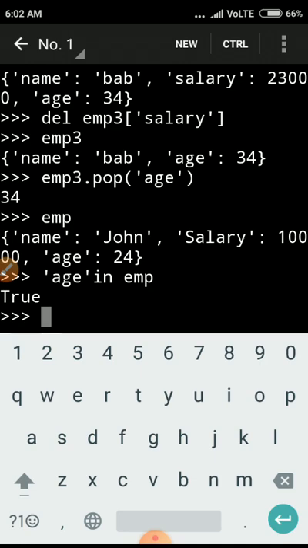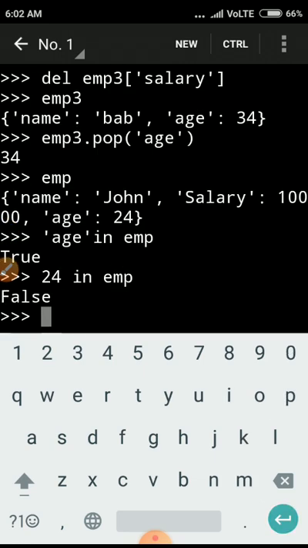If I want to search for an element with the help of a value, it will not work. Let's check. Suppose I want to find out 24 in EMP. It will return false because the in function is used only to search the keys, not values.